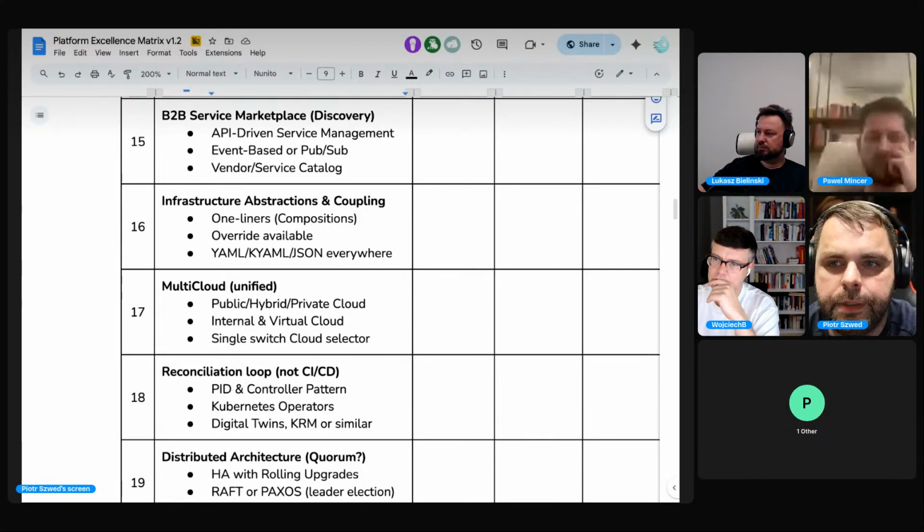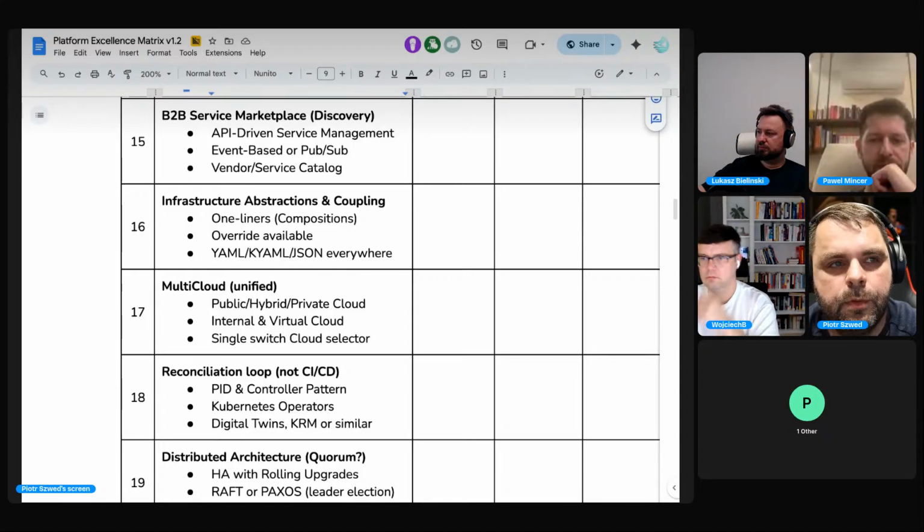Most likely REST API or MCP protocols, but not only. There are also some other binary and non-binary protocols they could potentially expose, right? So the idea behind this capability is the ability to expose any service inside your organization so the other teams can consume it. Is it something mandatory? Is it something we expect from the platform, or maybe it's too far?